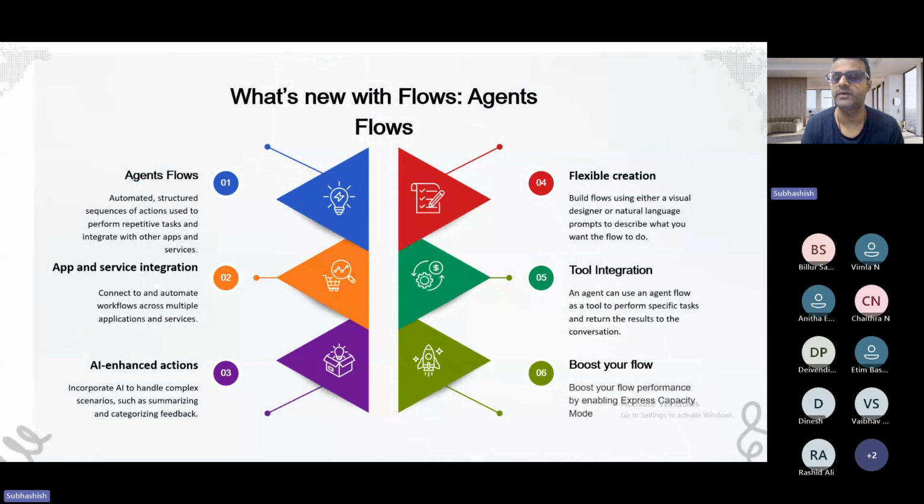Flexible creation: you can create with visual designers or natural language prompts to describe what you want to do. Just describe it and the agent is going to do it on its own, without you needing to write a single line of code. And tool integration: you can integrate any custom-defined tool, and this agent can help you orchestrate such a tool to make it perform various specific tasks and return the result